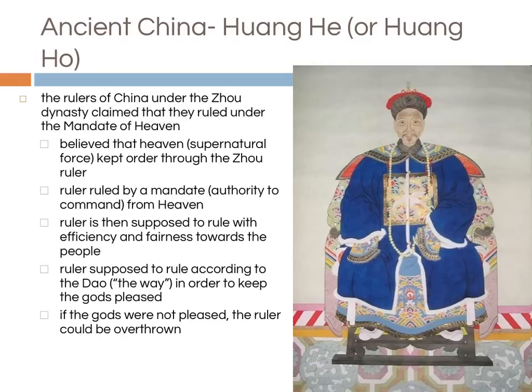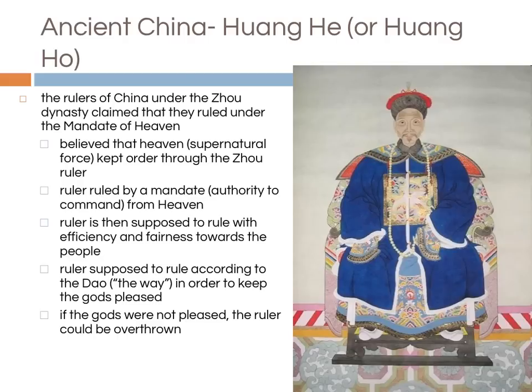So the rulers of China under the Zhou dynasty claimed that they ruled under the mandate of heaven. Let's break down that phrase. Mandate means to give power or authority. Of heaven, in this case, represents the gods that they believe in. Put together, this basically says that the ruler has been given power or authority from heaven